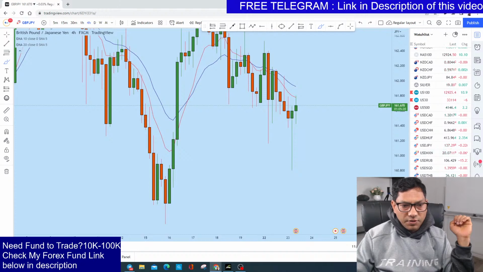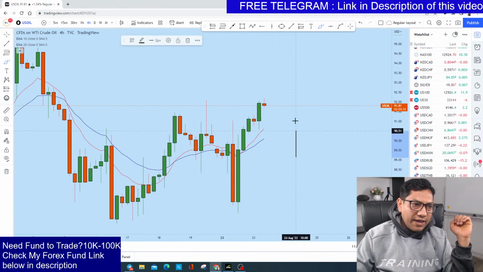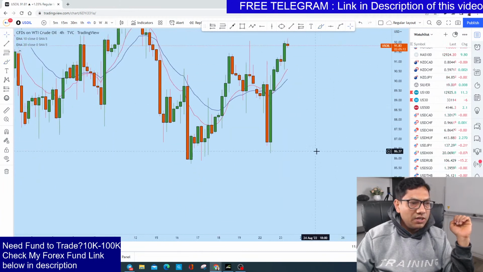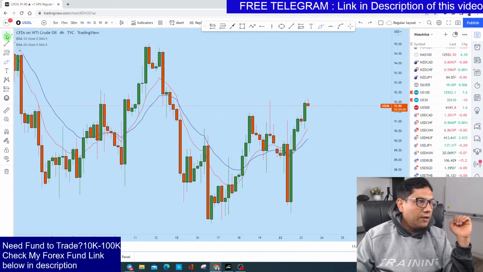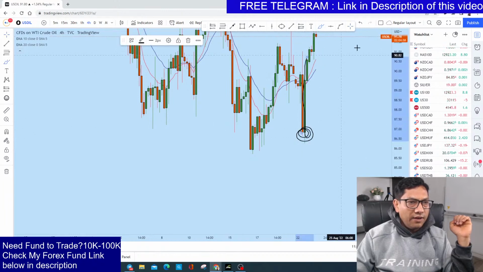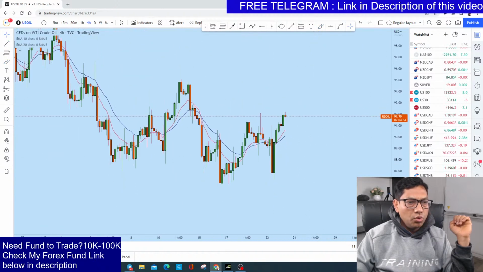So yeah, GBP. Let's look at oil. Now oil has created a complete fake move down. You see that? This is a really fake move. It's a strong breakdown followed by a strong breakout. You see that? This is a real liquidity gap on oil. And then now what we can expect, that oil to